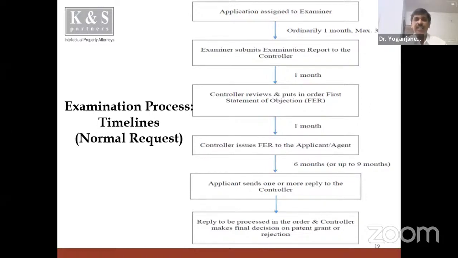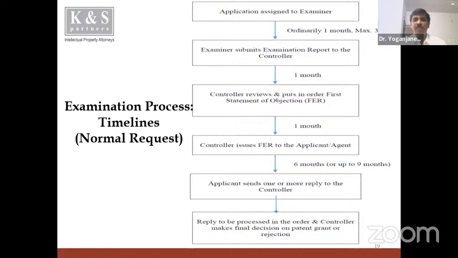Okay, if within 6 months the applicant is not able to file the response, he can take additional 3 months of time by filing certain forms as well as the fees, so that he can get total 9 months of time for filing response to the first examination report. However, if the applicant could not file a response within these 6 months, or said 9 months with extension, then the application will be lapsed. So it cannot be revived by any means.